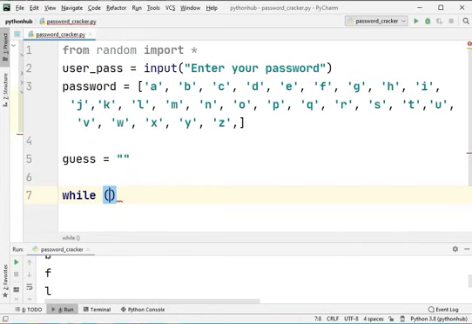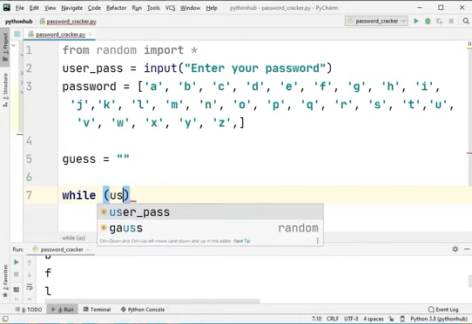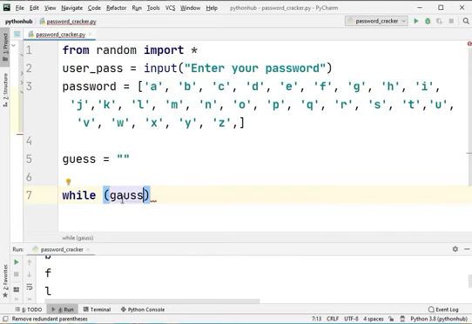Inside this we will type: until guess is not equal to user password.